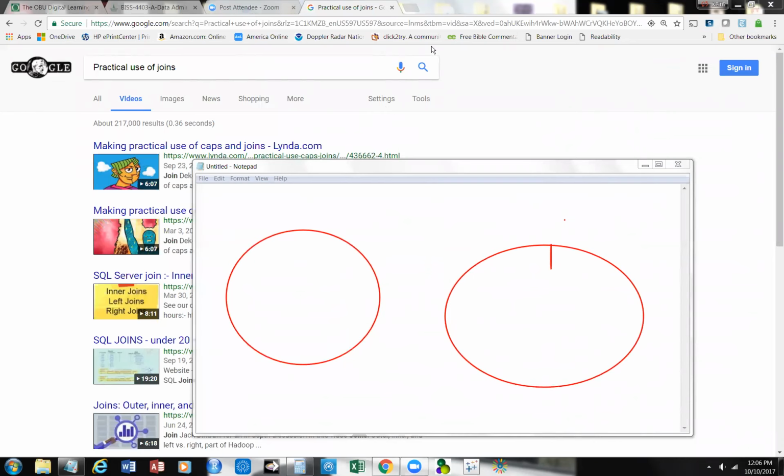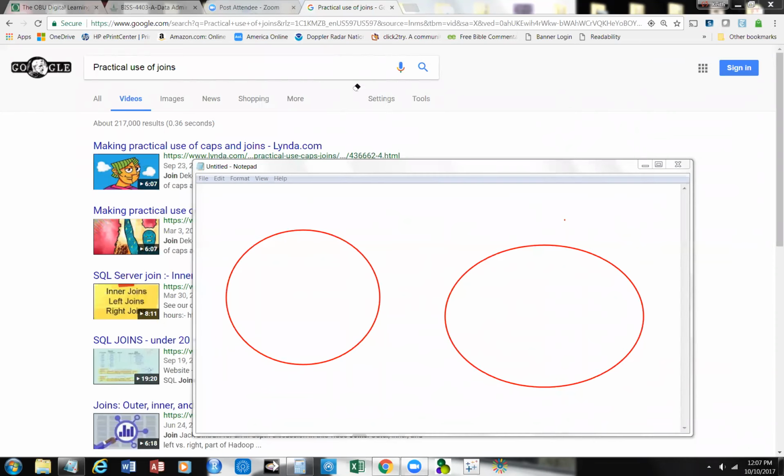Okay, and I'll do the erase bit again. Now, I've drawn these. I'm experimenting. I'm going to go to the spotlight. Now, I'm going to